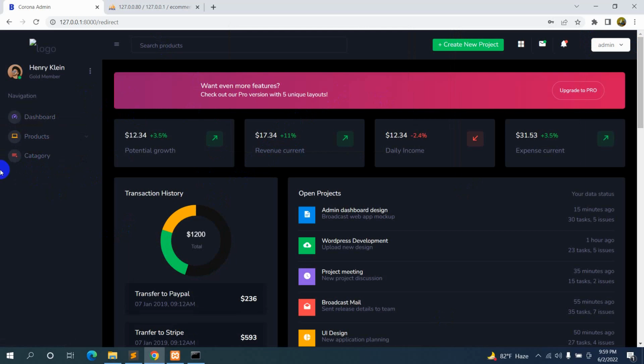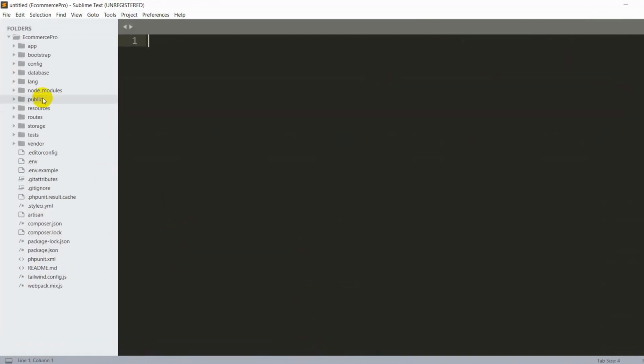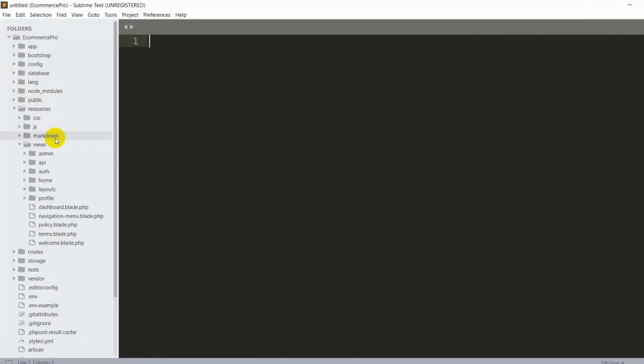Here we are going to add an option, and that option will be the order option. If the admin clicks on the order option, the admin will be able to see all the orders over here. So first of all, let's go back to our code, and we'll go to resources, then views, and inside